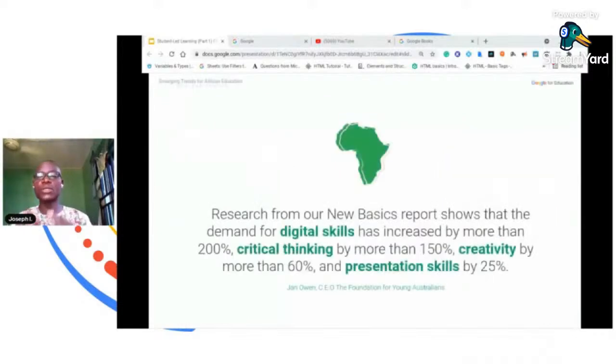Jay Owen, CEO of the Foundation for Young Australia, says that the demand for digital skills has increased by more than 200%, critical thinking by more than 150%, creativity by more than 60%, and presentation skills by 25%.